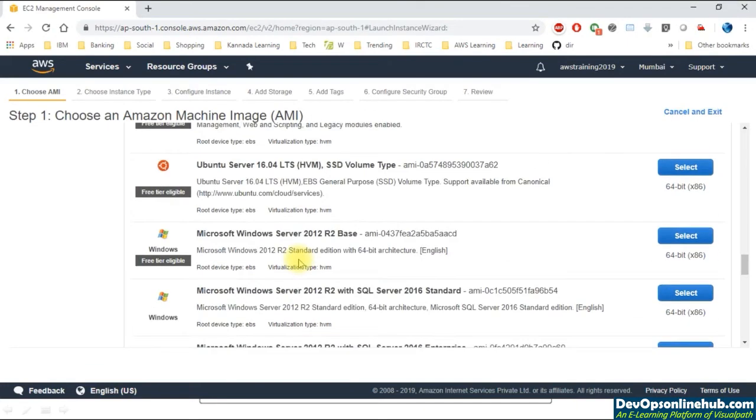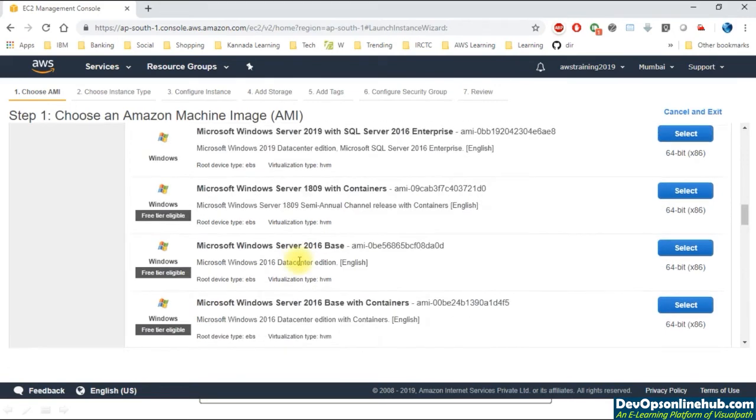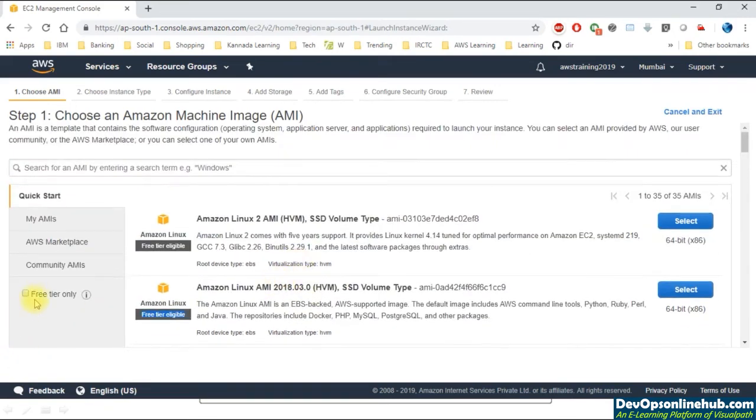So there are numerous images available, but in case you want to ensure that you are under the free tier eligibility, there is a flag which you want to enable. This is going to showcase only the free tier images which are applicable for our creation of virtual machines. So I'm going to go ahead and pick up Amazon Linux AMI here.